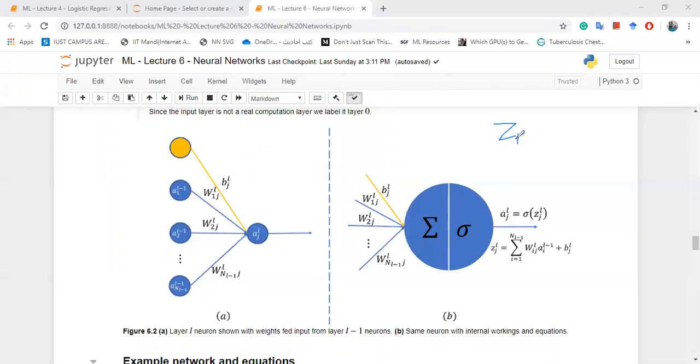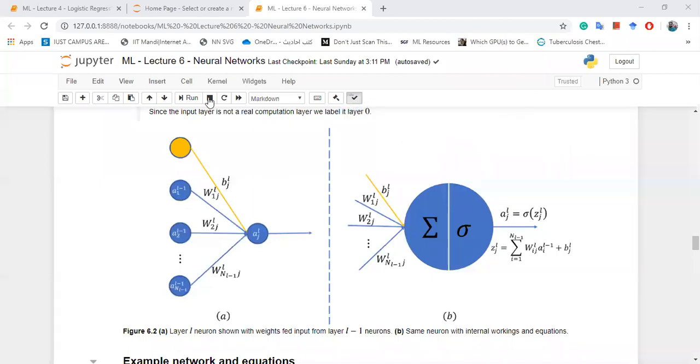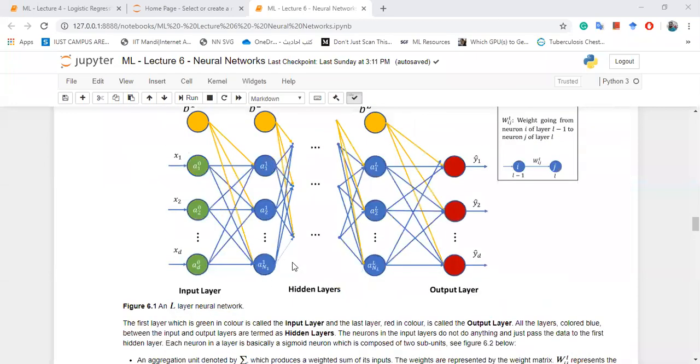We will create a temporary variable z, which we will call the pre-activation, but we'll come to that. This value will pass through the sigmoid function, and that will give us either 0 or 1. And this we call the activation, denoted by A. So this is a basic neuron, and then we create a layer of these basic neurons. So here you go. These smaller blue circles are all neurons. This is one neuron, another neuron, another neuron. And this cascading of neurons vertically will form one layer.